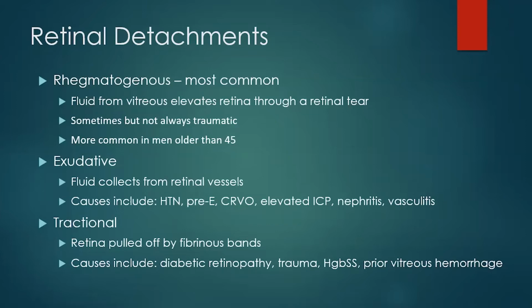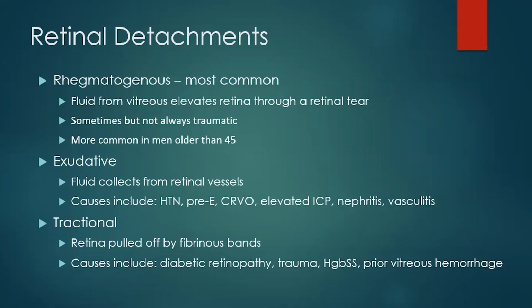Your cliche patient is going to be a male over the age of 45. The other two types are a little less common. Your exudative detachments, this is going to be fluid collecting from the retinal vessels, exuding into the space there. This can be from hypertension. It can be from things that cause leaky vessels like preeclampsia, nephritis, or vasculitis. This can also be due to elevated ICP or retinal vein occlusion where the flow is not really getting